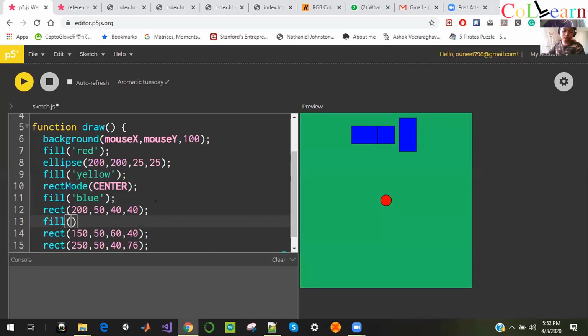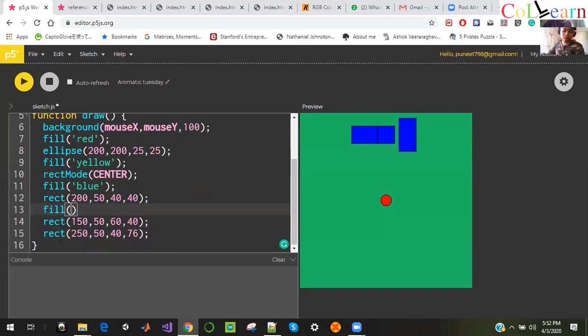In one of the fields that you have written, I want you to write not the color, but three numbers like we did in the background. So it also works like this. You can type the RGB values, so 23, 47, 89 probably. I want you to know that fill doesn't work only with the names of the colors, but with RGB values as well.